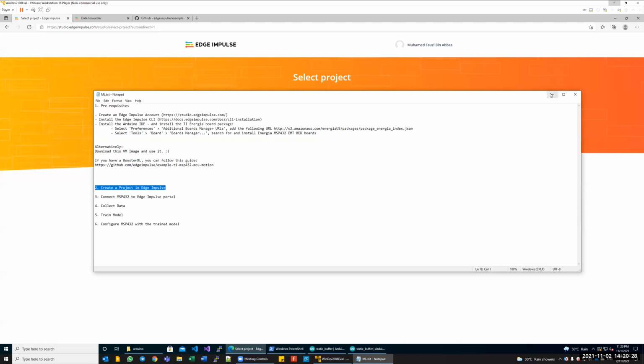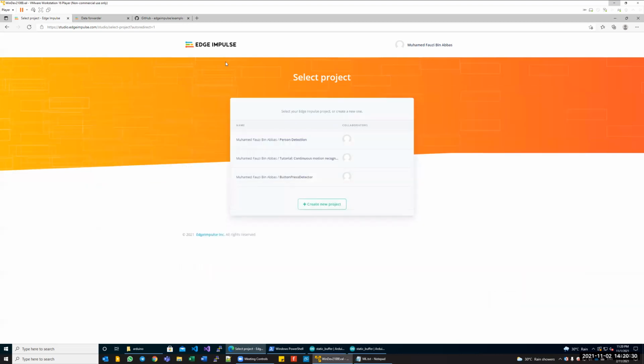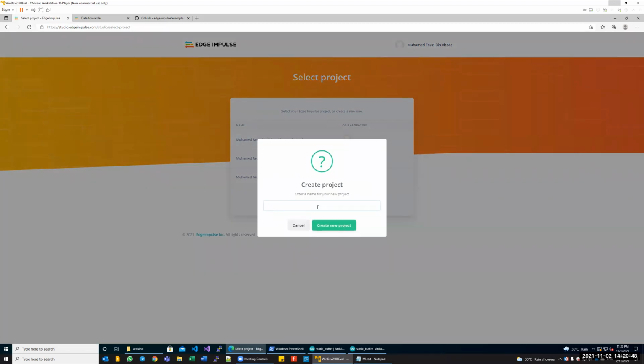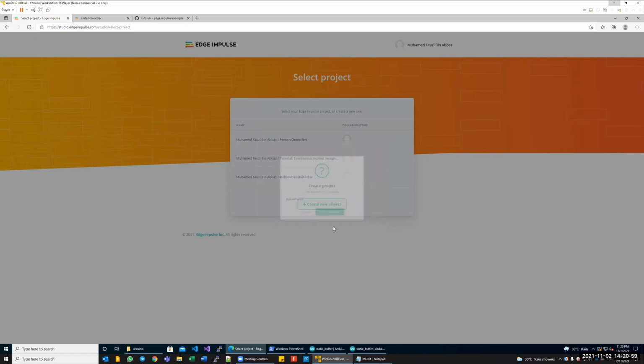Okay. So the next step you need to do is to create a project in Edge Impulse itself, and this is what I'm going to show you now. Once you register for Edge Impulse, when you log in, you'll see something along this line. You can either click on create project here, or you can click on your name here and click on create project. Either one is fine. Once you click create project, you have to give a name for the project. In our case, we're going to call it the button presser. Or you can name it whatever you want. It's up to you. Okay, then you can click create project,